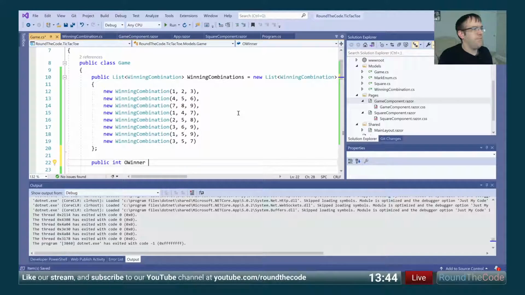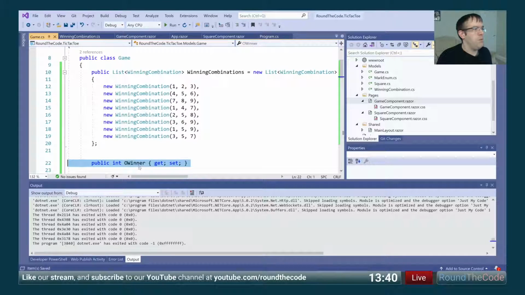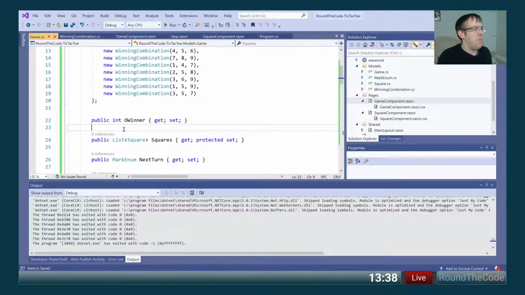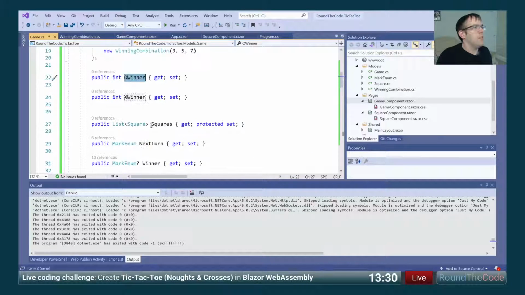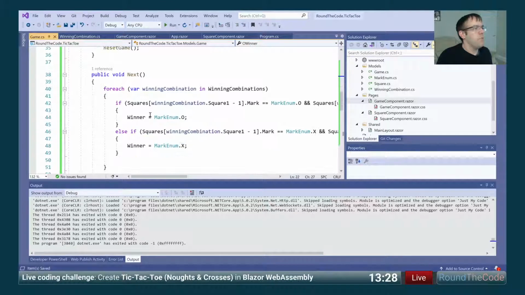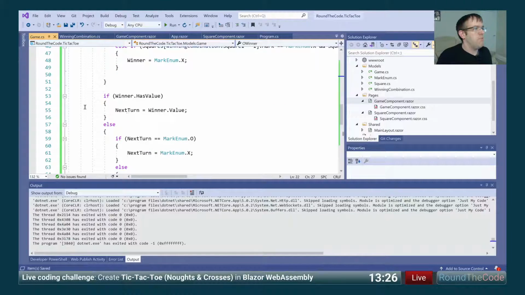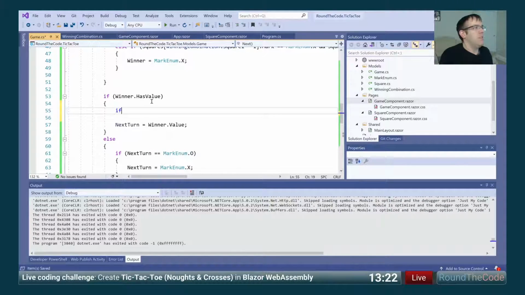O winner. And we can have an X winner as well. There might be a better way of doing this, but I think for now, we don't have an awful lot of time left. So what we can do up here is we've declared the winner at this point. So what we can do is